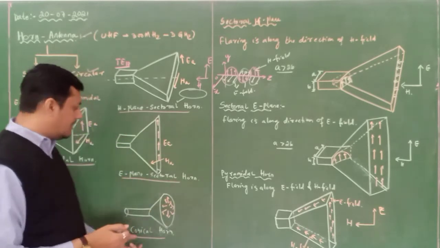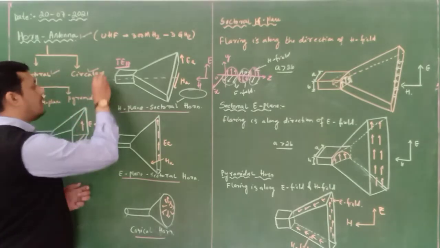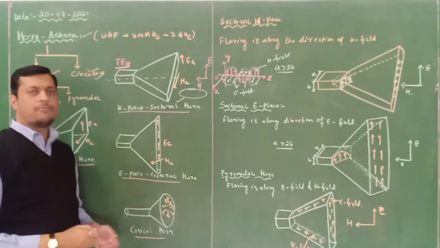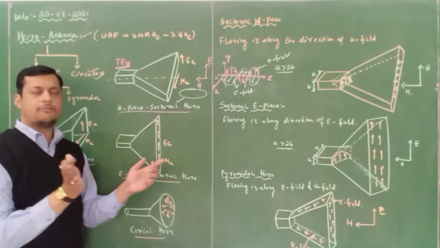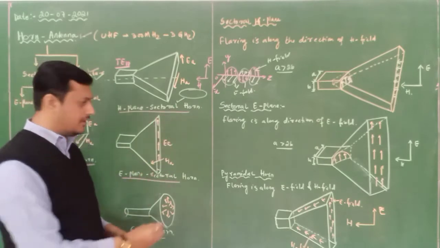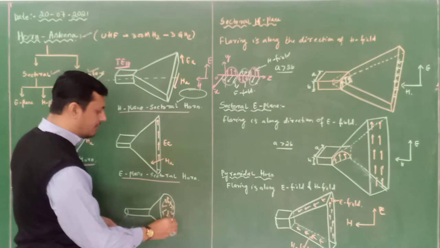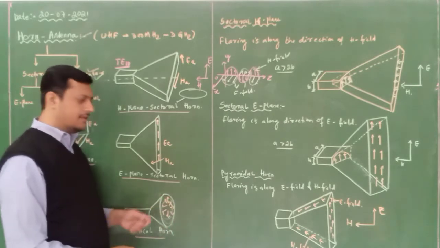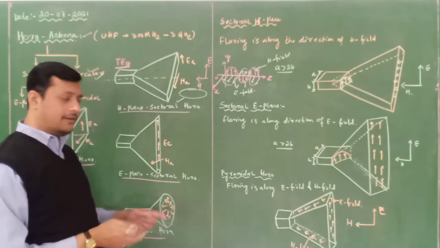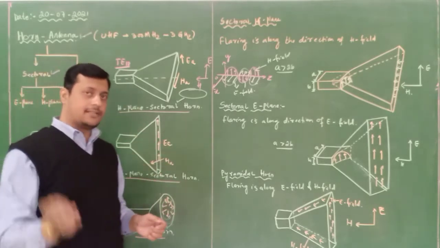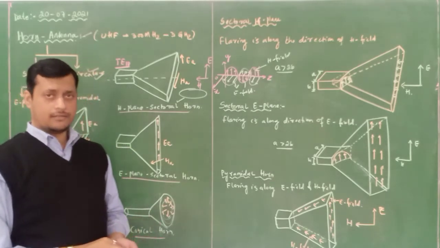Okay. Similarly, we have the conical horn antenna. Conical means it comes under the circular one. The cylindrical component will be there. You can see that cylindrical features are available, and the electric fields are radially outward and the magnetic fields are circular in nature, like this. Like our coaxial cable which we have analyzed. So here the electric fields are radially outward and magnetic fields are circular in nature. So this is called our conical horn antenna.